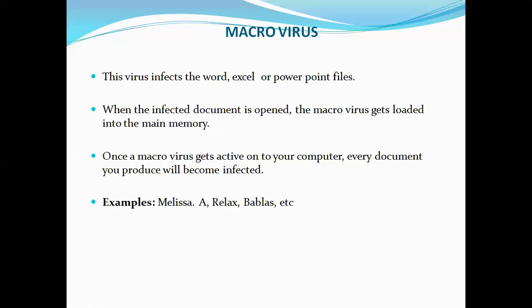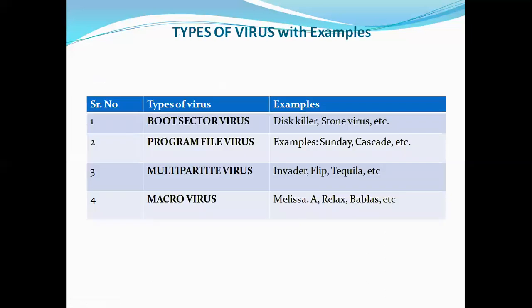So basically we have four types of viruses. Boot sector virus, which infects the boot sector. Boot sector is the first sector on the storage device, which consists of the master boot record. Master boot record means the data which is required for booting the computer. So that is boot sector virus. Second is program file virus, meaning this virus infects all the files which end with the extension .com, .sys, etc. Third, multiparasite virus, which is a combination of the above two, and macro virus, which generally infects the Word, Excel and PowerPoint files. And in this table in front of you, you can see the examples with the types.